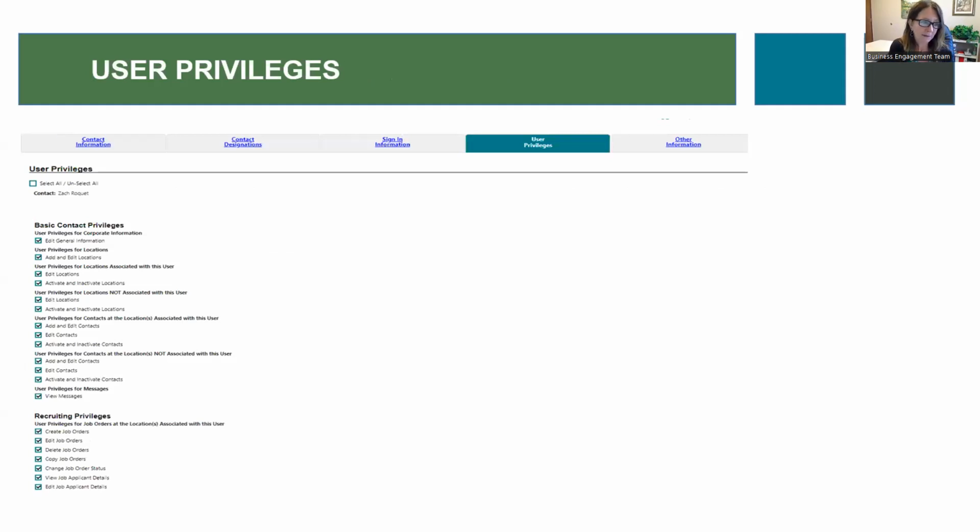And then with those contacts and users as the primary contact, you are able to give them certain privileges. And you can give them all privileges, and you can see there's a box to select all, or you can be selective in what privileges you'd like those different staff members to have. You can allow them to post jobs or only just allow them to just see the jobs and get updates as they get applicants. And there's lots of different privileges that you can allow the contacts and users to have as the primary contact.